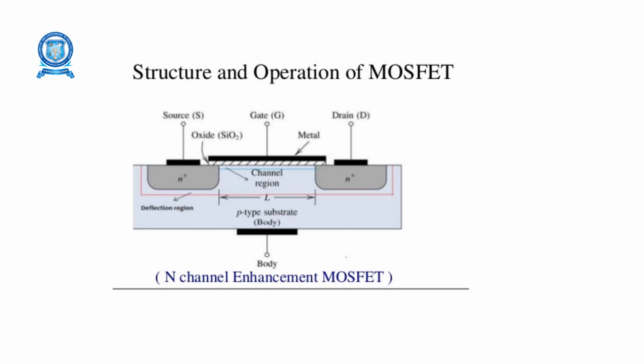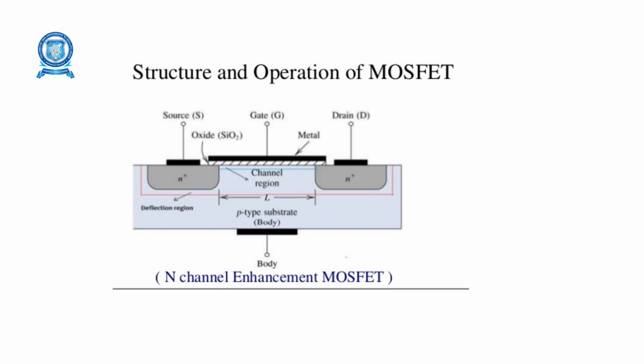In the operation of metal oxide semiconductor, we are having N plus as the majority charge carriers. If we are using N plus, it's an N channel enhancement MOSFET. If we are having source and drain as P plus, it's the P channel enhancement MOSFET. N plus means the negative terminals are dominant in the channel. Source and drain are filled with the negative terminals.